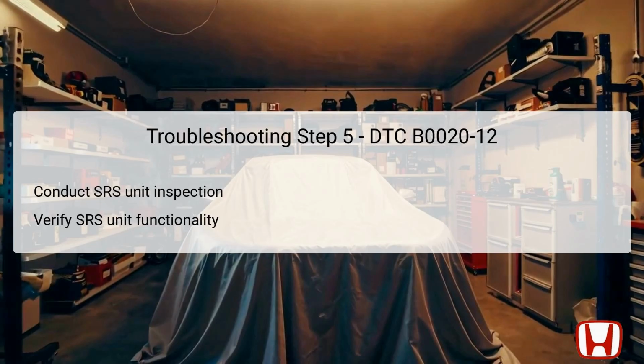If no issues were found with the driver's side airbag or wiring circuits, then the SRS unit may likely be the cause behind the DTC B0020. The SRS unit acts as the control center for the airbag system, monitoring signal voltages and determining when to deploy airbags during a collision. A malfunction in this unit can prevent deployment or trigger faults of the airbag, significantly impairing vehicle safety. Should the SRS unit be confirmed faulty, it will require reprogramming or replacement to restore functionality and ensure